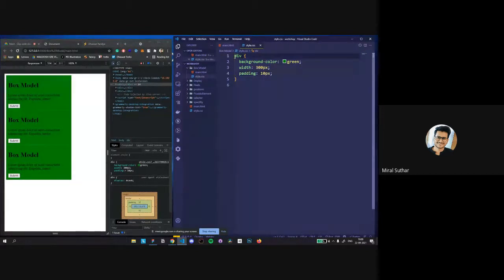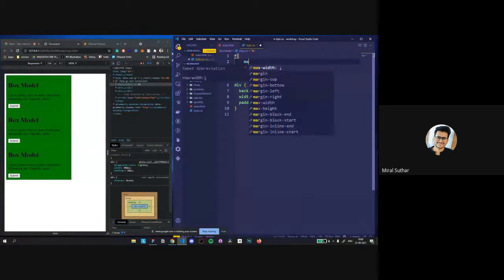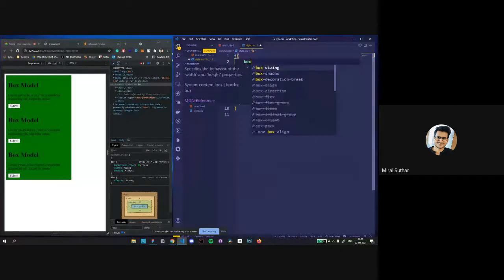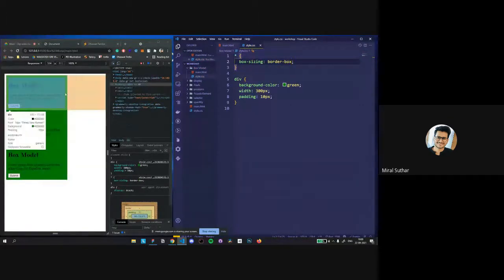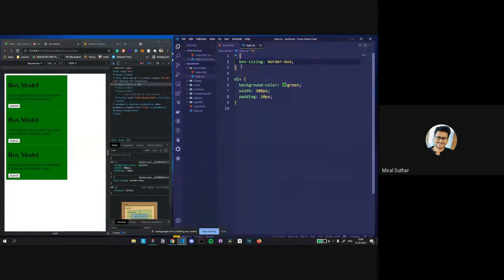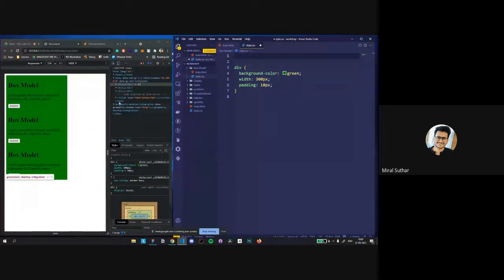So we can use the global tag and add box sizing of border box. Now it's just 300 pixels, but it's going to add the 10 pixels inside. So the width of the div is not going to increase. See, the width of the div is 300 pixels. That's where the box model came in handy. The box model basically applies on every HTML tag. It applies on div, on H1, on the P tag and the anchor tag. Everywhere it's going to apply.